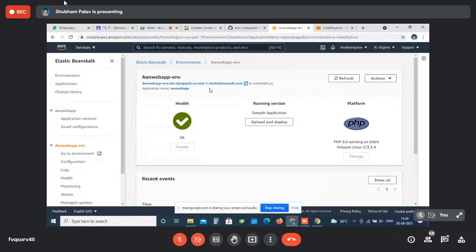Ma'am, we have to take our successful deletion screenshot. No, don't take any screenshot. अभी कुछ screenshot नहीं लेने का है. It's simply we are deleting the previous one. See, go to the AWS Elastic Beanstalk page. This one.